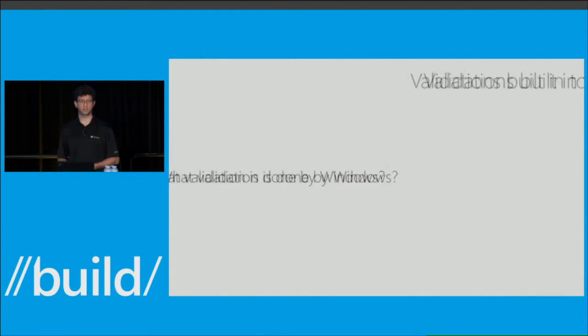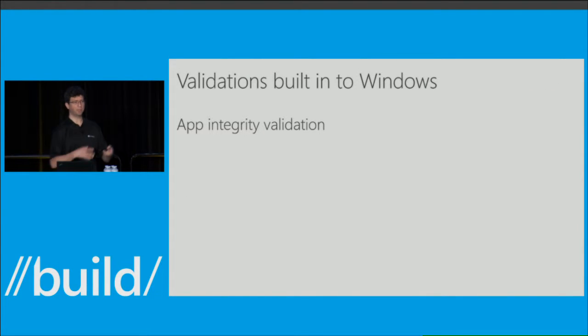So what is the validation that Windows provides for you to make sure that your application is being used in a genuine state? So the first thing that Windows does is it provides app integrity validation. So when you submit an application to the store, we go through some lengths to verify that it's a real application, that there's no malware in it, that it's appropriate for the use that your customer wants to have. Once that's done, we take the application and we sign it with a certificate. So it's cryptographically signed that these binary bits are the ones that you submitted and the ones that your customer